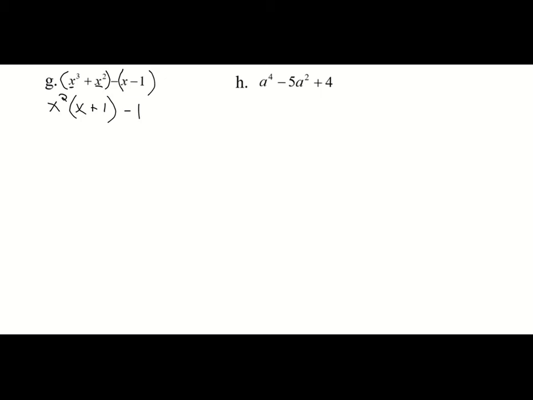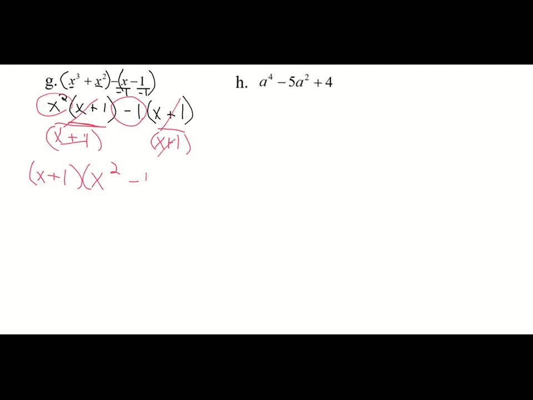And so when I divide by negative 1 here, negative x divided by negative 1 gives us a positive x. Negative 1 divided by negative 1 gives us a positive 1. Which then is nice because it allows us, we got that common factor of x plus 1. So we're going to factor that out. And that's going to leave me with x plus 1 times, I'm going to have x squared